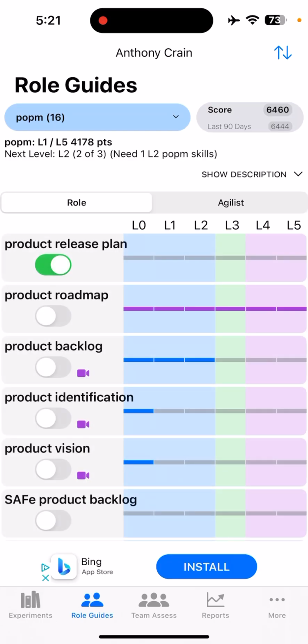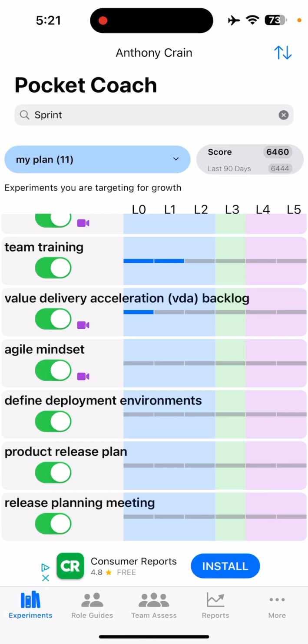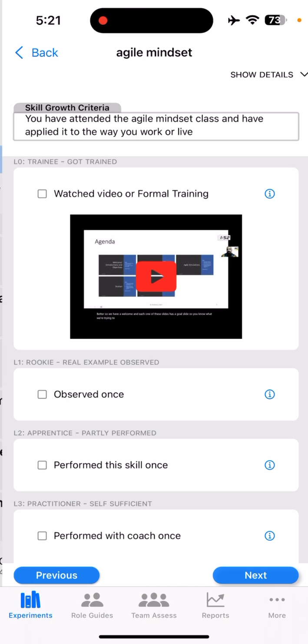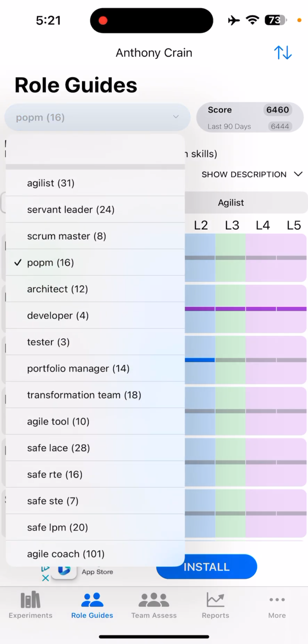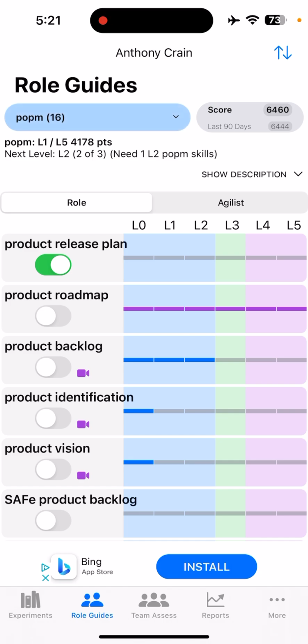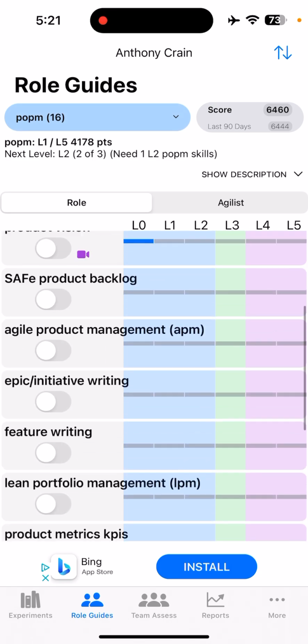The second tab is Role Guide. So in this first tab, you have these experiment libraries. The second tab, you have libraries again, but these are role-based libraries. So I want to be a Scrum Master. And so if you click there, you can see, we